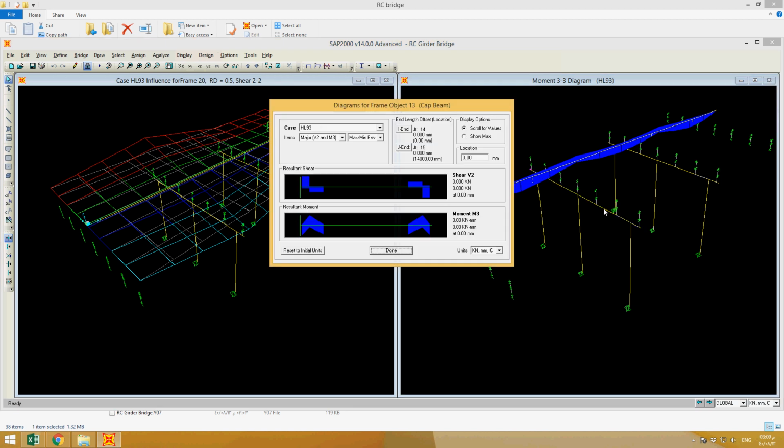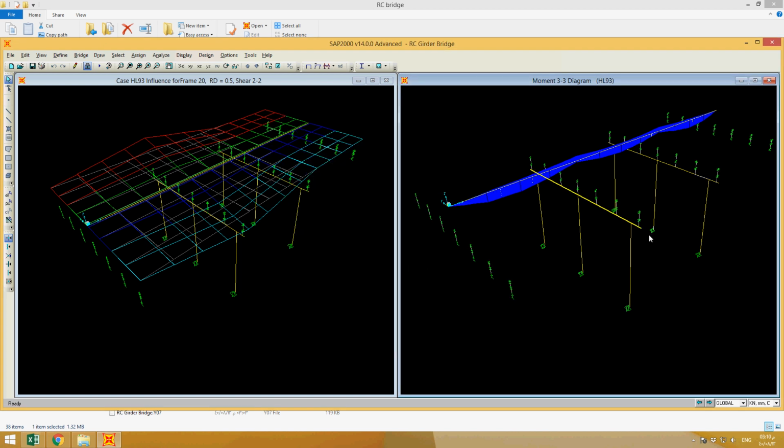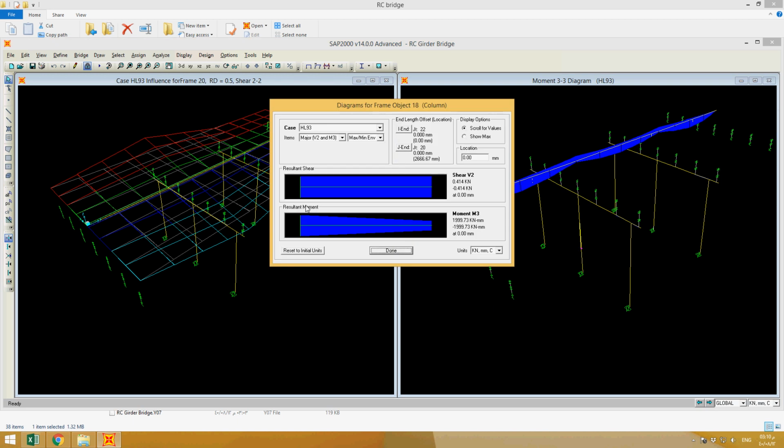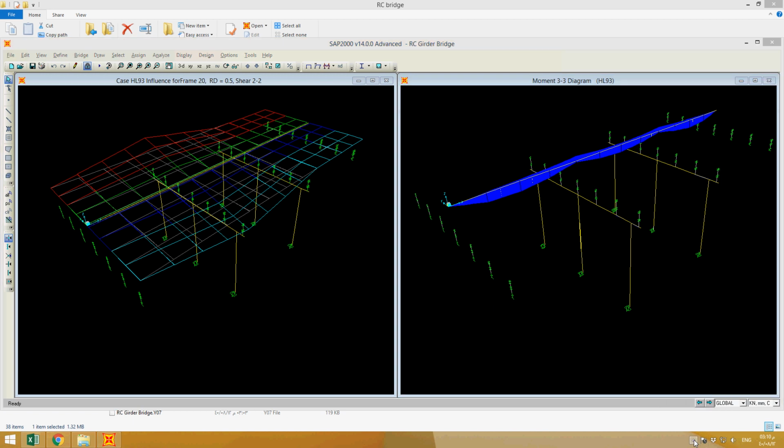for example for this member, I just right click and I can see the shear V2 and M2. These are the values, but if you move this cursor, you can change. And for the dead load, this is how the dead load forces will be on this member. And if you talk about this member, just right click on this one and you can see the forces on this one. So it's done. Now next,